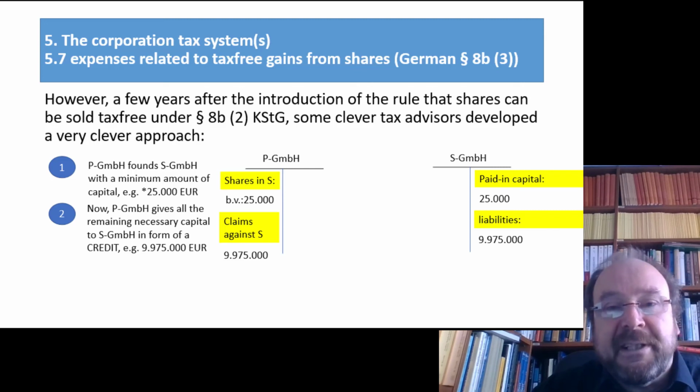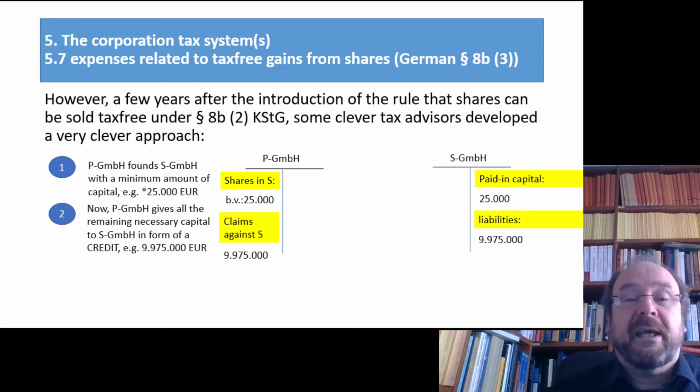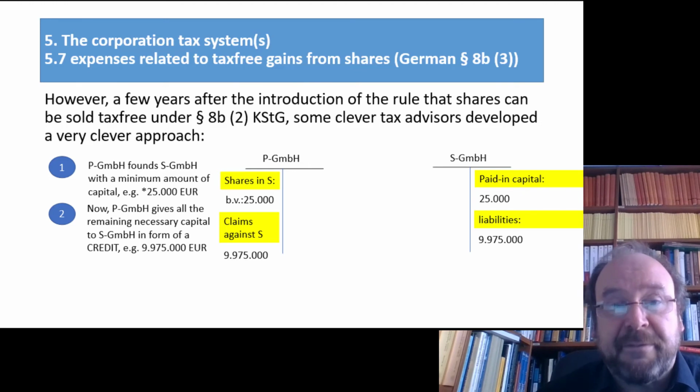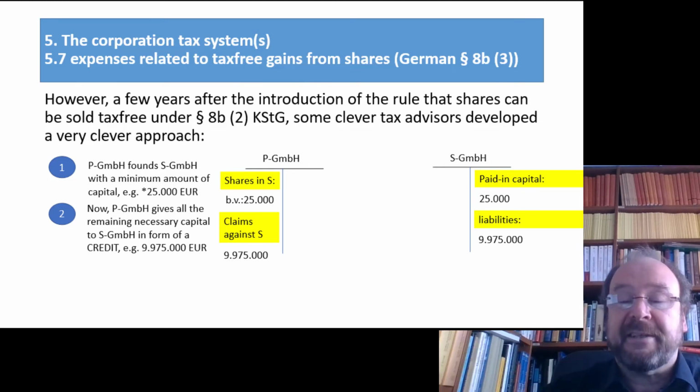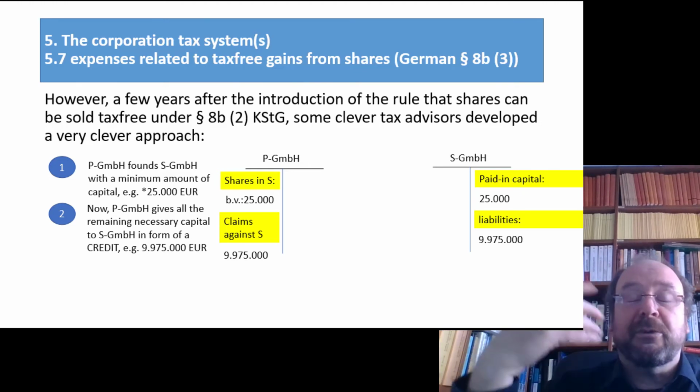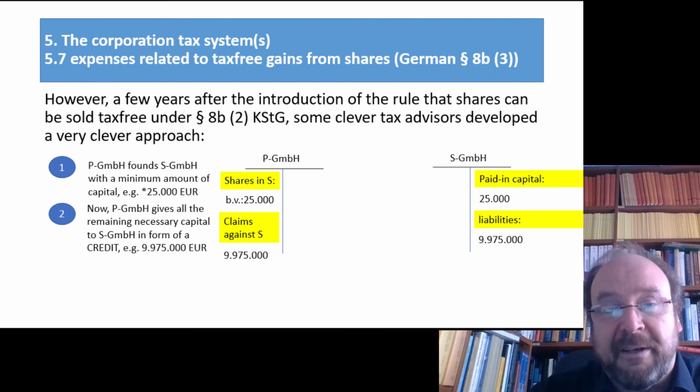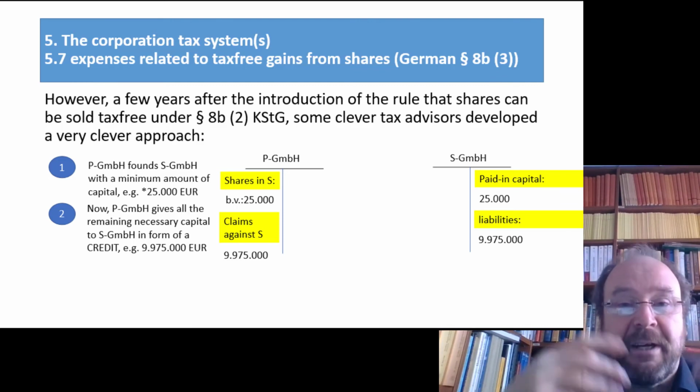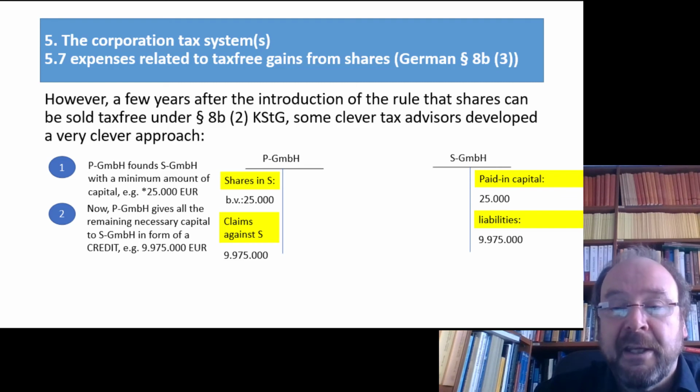Now you have, as always in life, two possibilities. First, SGmbH could flourish so that the value of the firm explodes. You have an enormous goodwill after a while, so you have, let's say, 500 million after a while. Which of the two items which you hold as PGmbH will then increase in value?